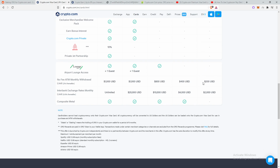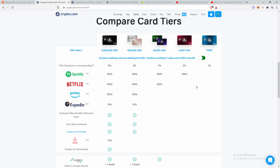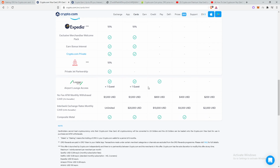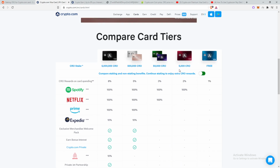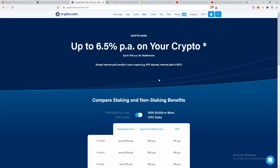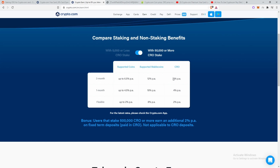And so now that I got all that out of the way, I want to mention the less obvious perks. I already mentioned how the airport lounge access key works and stuff like that, and I'll have a video link for you guys as well. But other than that, there's even some other less obvious things to talk about with this debit card of the perks that you get. So if you go over to Crypto.com Earn, we can see on this section that